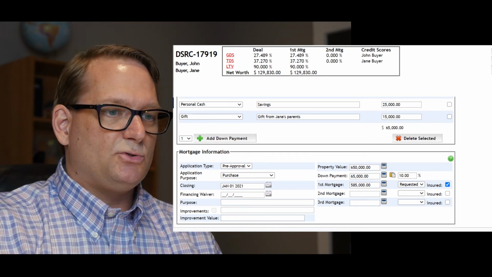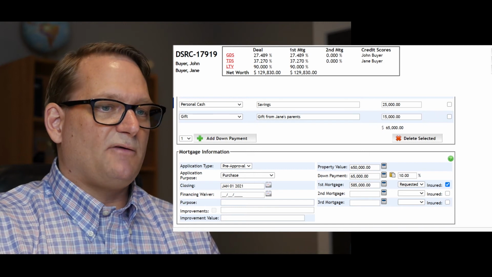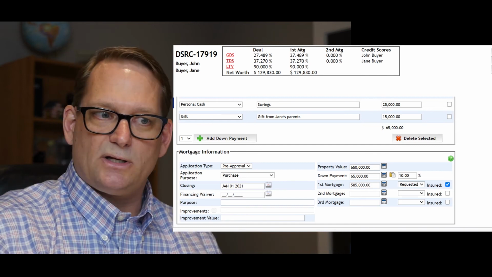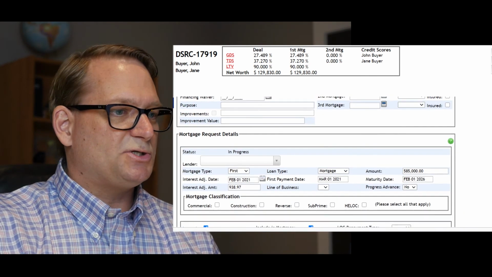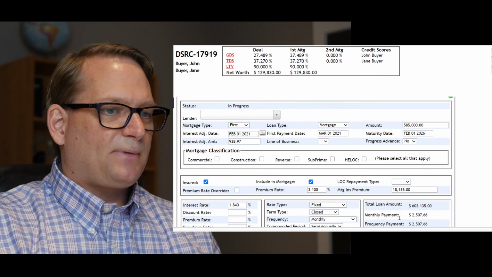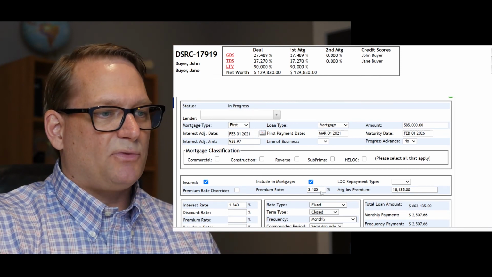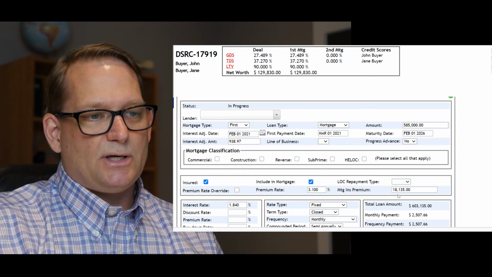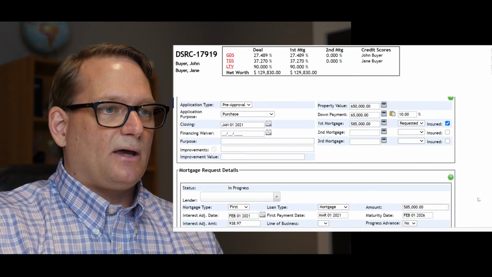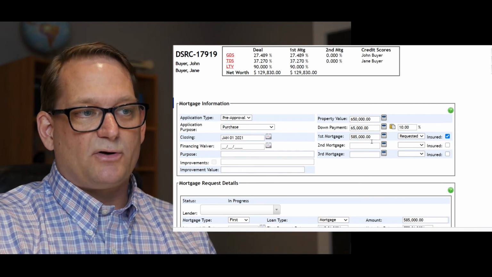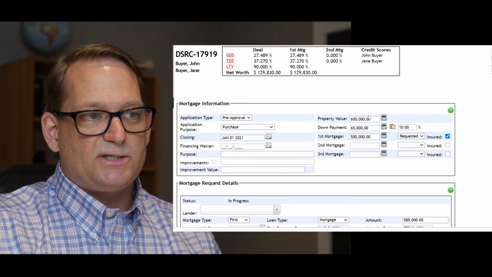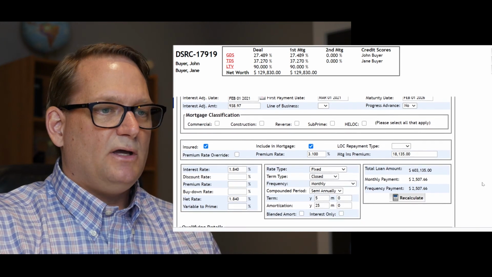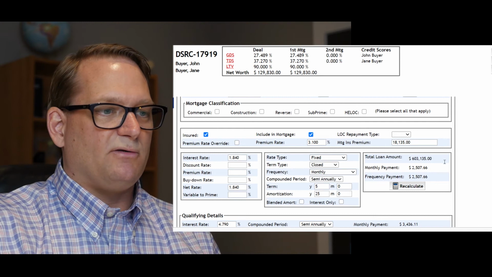Now, when it comes to purchasing a home for them, I obviously would have explained to them that if they were able to increase their down payment to a full 20%, they would be able to avoid the mortgage insurance premium. But at 10% down, the mortgage insurance premium through CMHC, that sort of thing, is 3.1%, and that's $18,000 that gets added to the mortgage. So even though they only need a mortgage of $585,000 based on a purchase price of $650,000, that gets added to the loan of $18,135, bringing the total loan to $603,135.